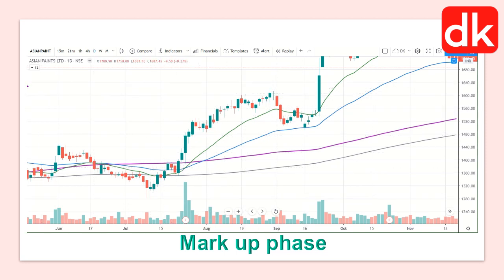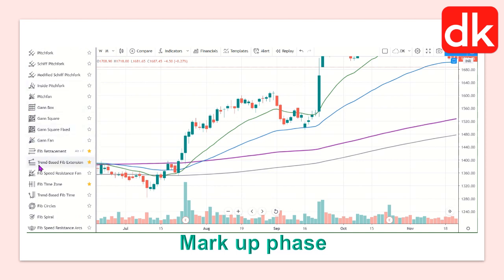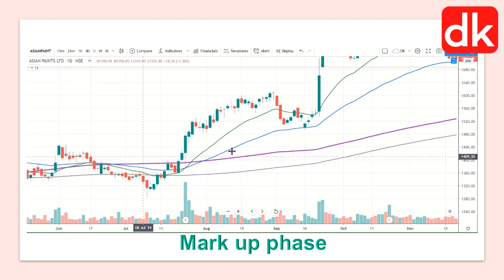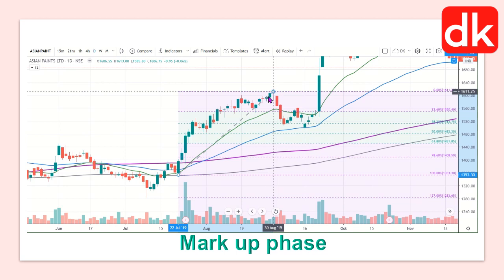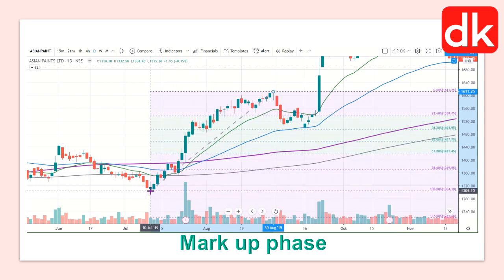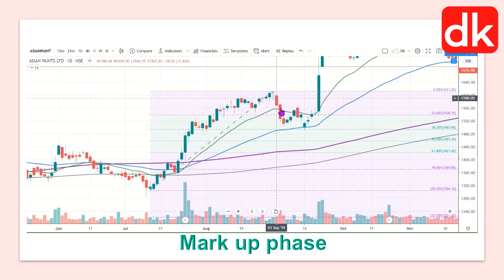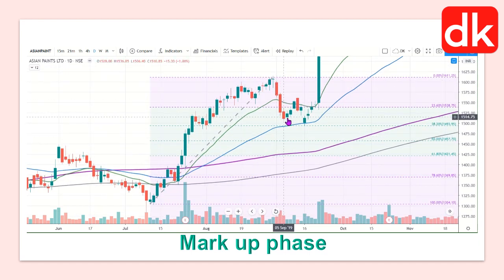So let us first use the Fibonacci retracement tool. From the sidebar, we are selecting the Fib retracement, and what we are doing is, this is the impulsive wave which has terminated here. We can see that the impulsive wave started here, ended here, then this correction started. Now this correction which took place, the first reversal signal took place here. Can we see this? This is the first reversal signal where the bullish Harami candlestick pattern was formed.